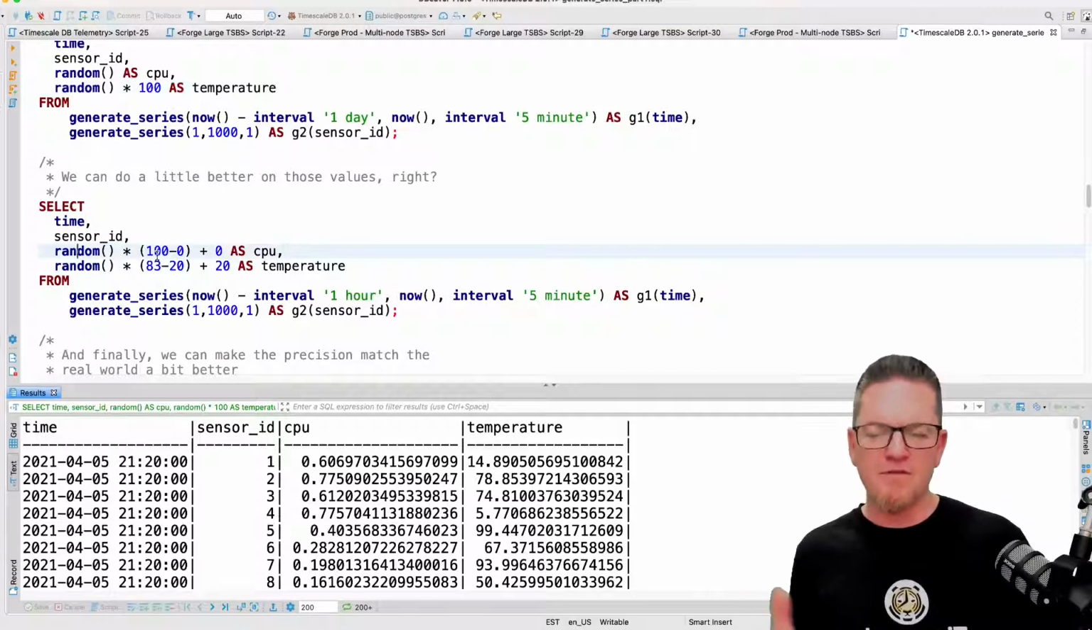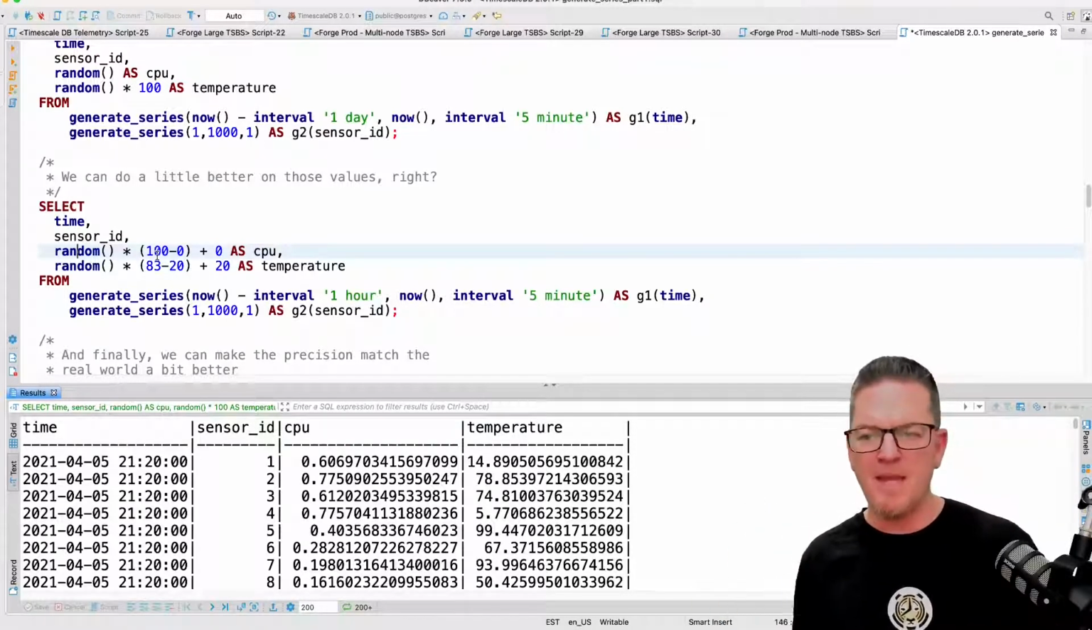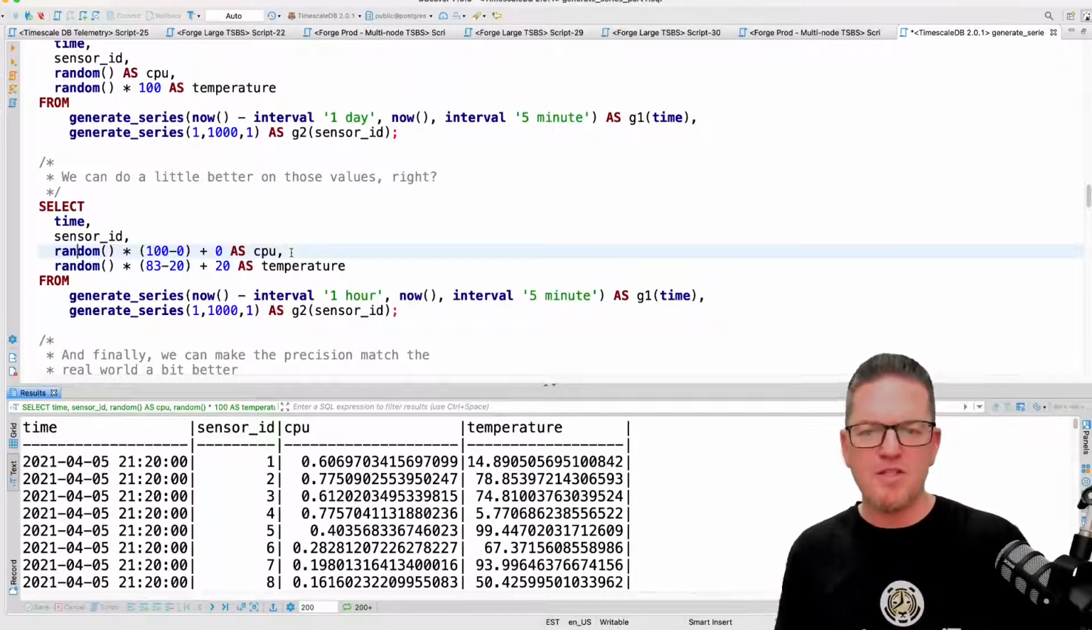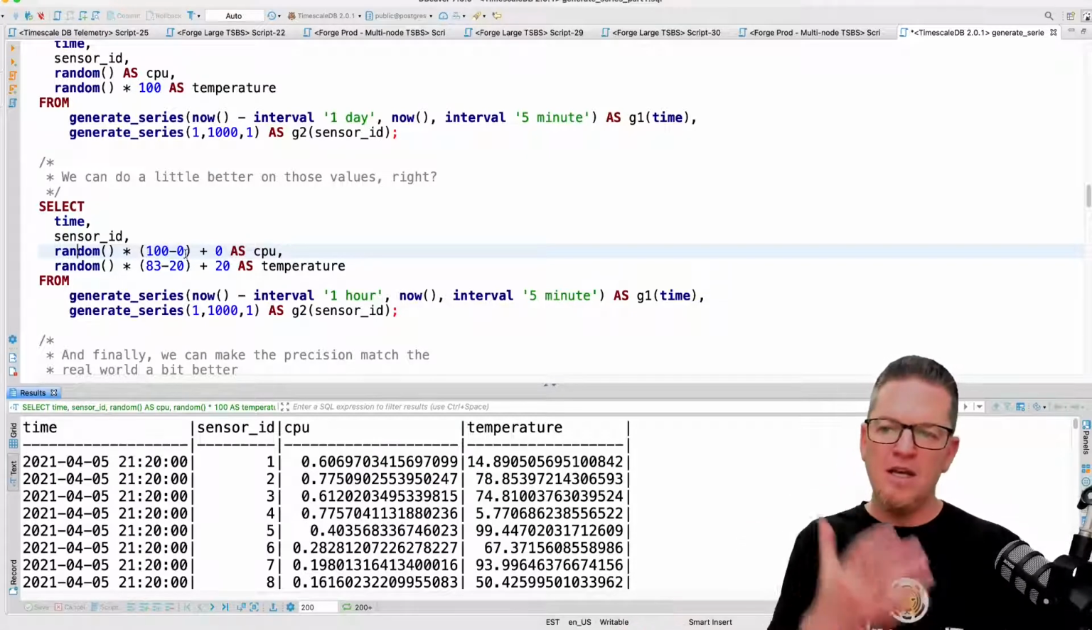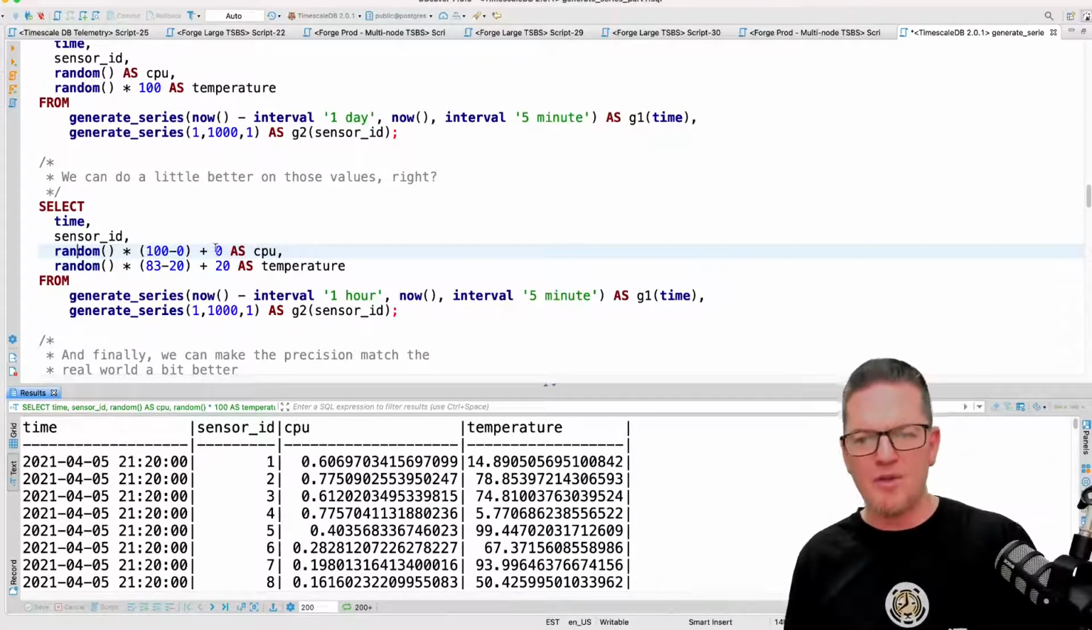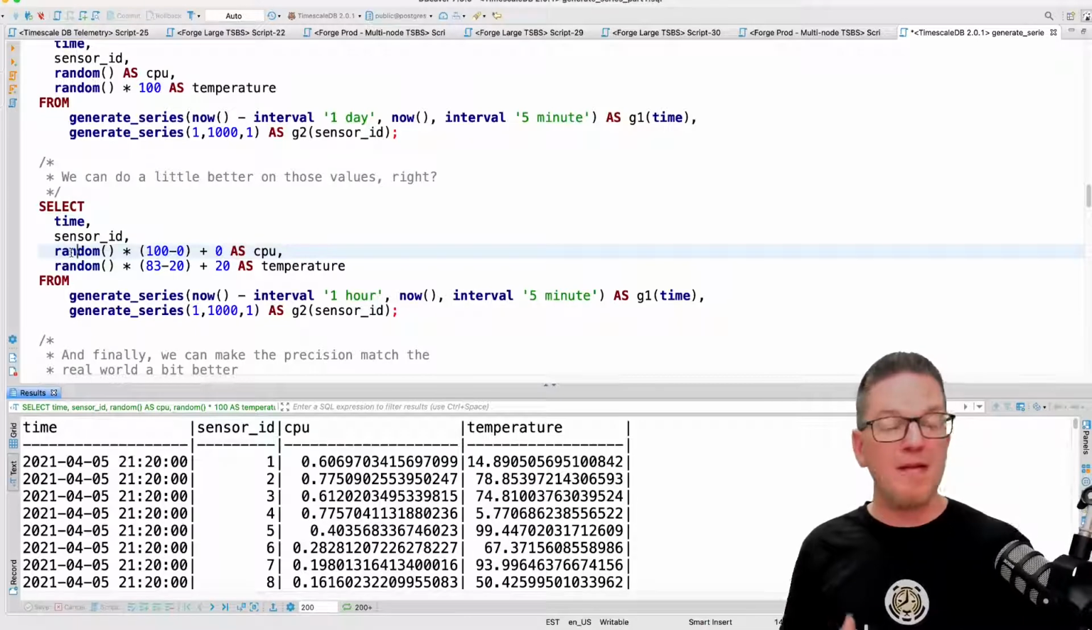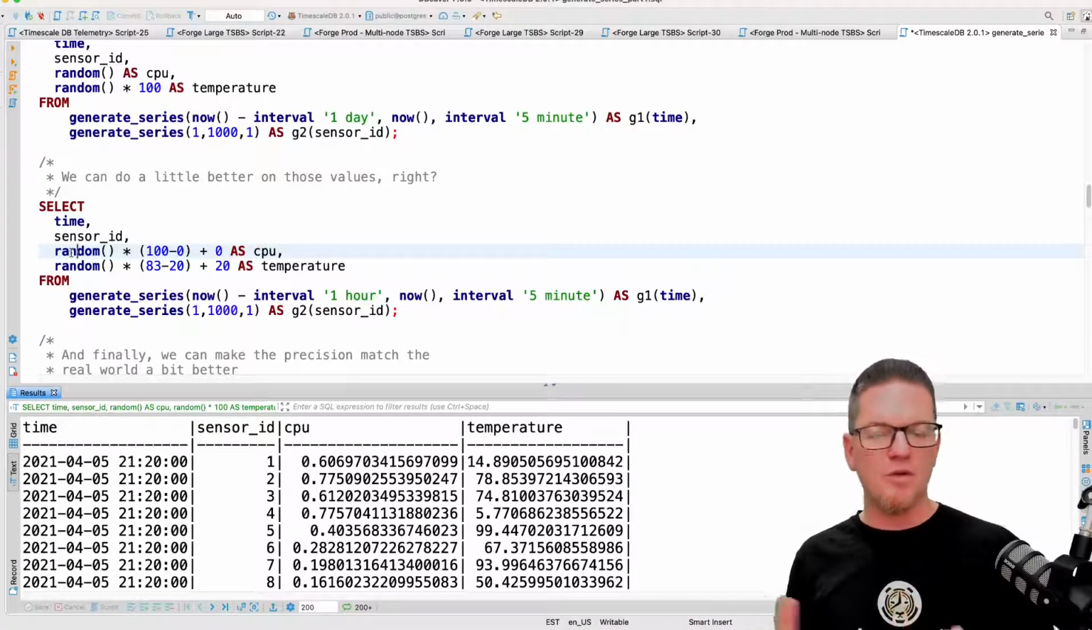I just don't want a random value. I want CPU readings between 0 and 100. And this is kind of a proven way to do that. I'll talk more about this next week, but I take the high value I want, subtract the low value, and then add the low value back. When you multiply that by random, which gives you a number between 0 and 1,